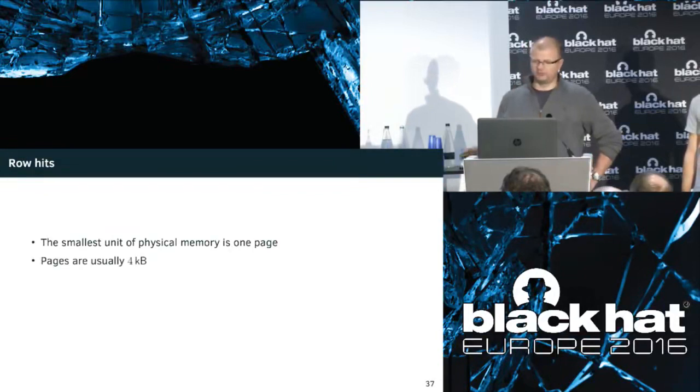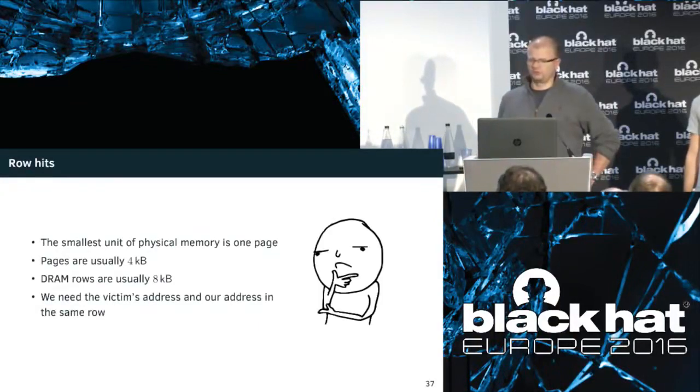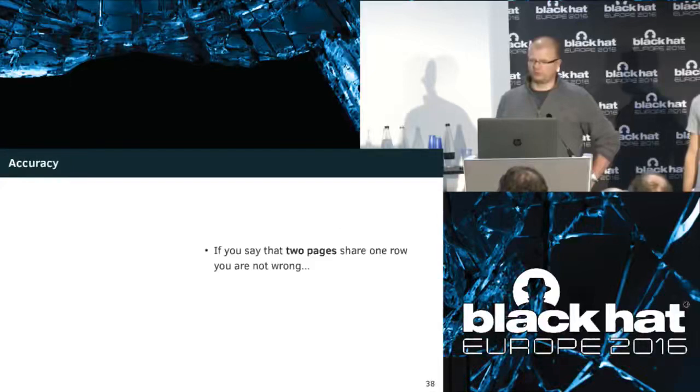Well, the smallest unit of physical memory is 1 page, as I keep on saying. It's 4 kilobytes large, and rows are still 8 kilobytes large. And we need the victim's address and our address to be in the same row. So you're probably thinking, well, 2 pages share 1 row. Well, you're not exactly right either if you think that. And why? Well,